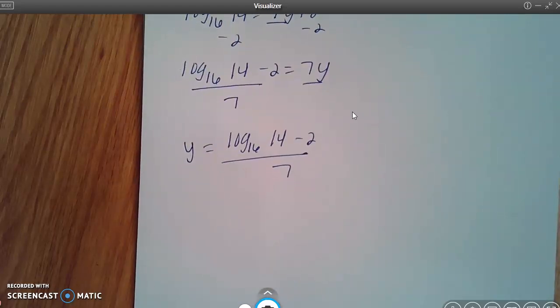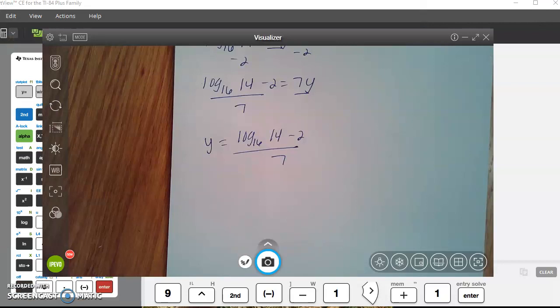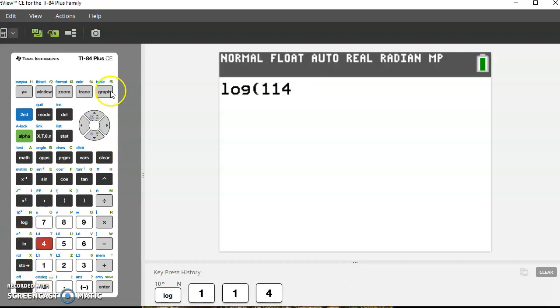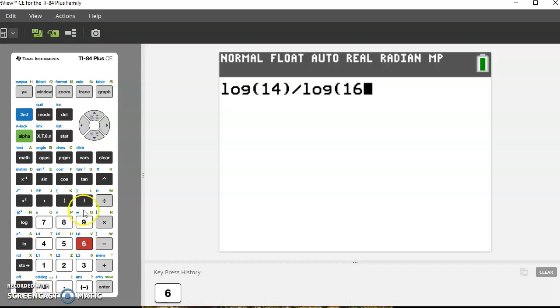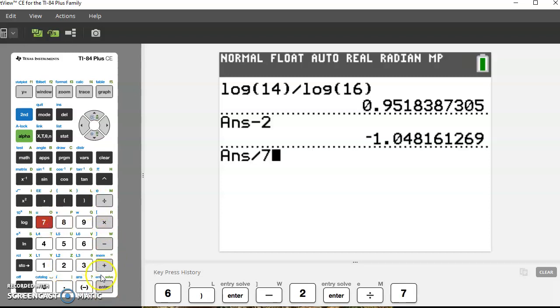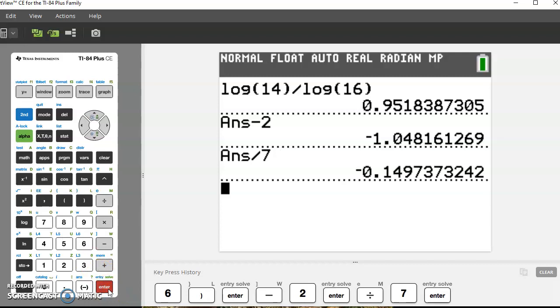Okay, so to plug this in, depending on the calculator that you have, is a little bit more work. I'm going to show you how to plug it in if you were to have a TI-83 graphing calculator. So your TI-83 graphing calculator does not have the log base button. So what you're going to do for step 1 is you're going to do log 14 divided by log 16. So remember, this is your change of base formula that you don't have to memorize. It just depends on the calculator that you have. So I'm going to hit enter. I'm then going to do my minus 2, enter, and then I'll do the division by 7. And you're going to get a y value of negative